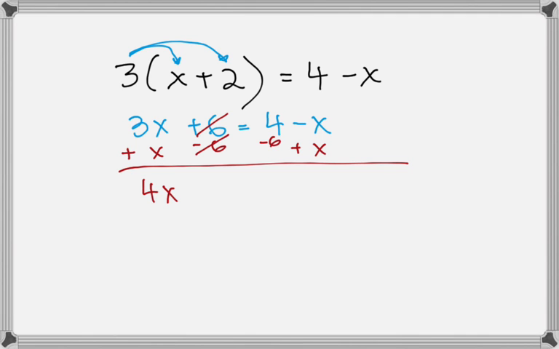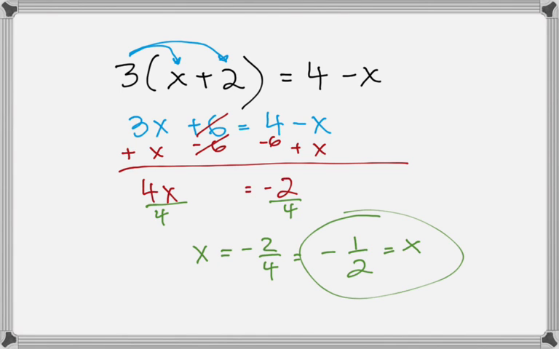So if we have opposites, they cancel each other out. 4x equals negative... 4 minus 6 is negative 2. What's the last step? Divide by 4. x equals negative 2 over 4, which can be reduced into negative 1/2. There you go. So I'm going to stop right here because